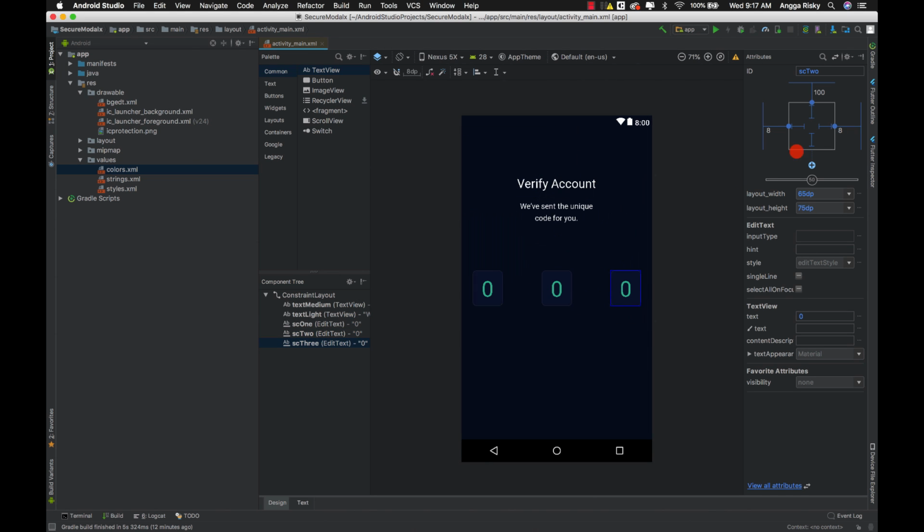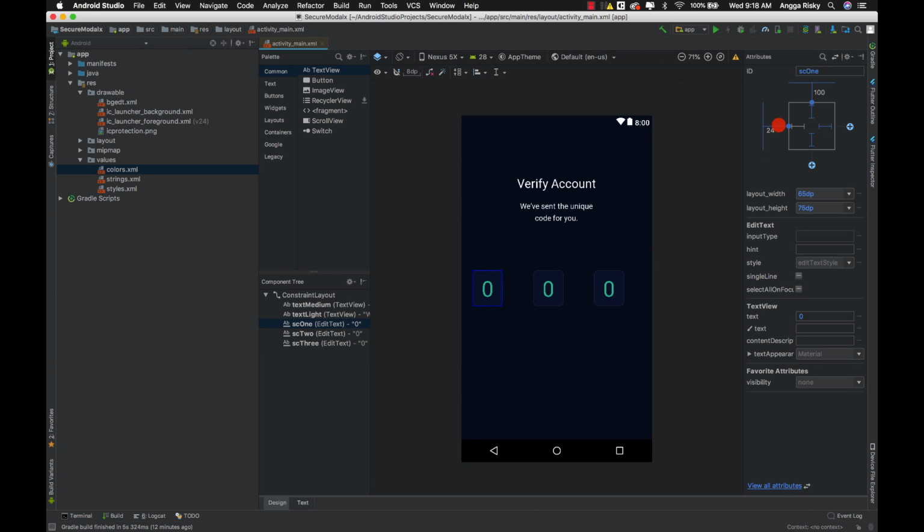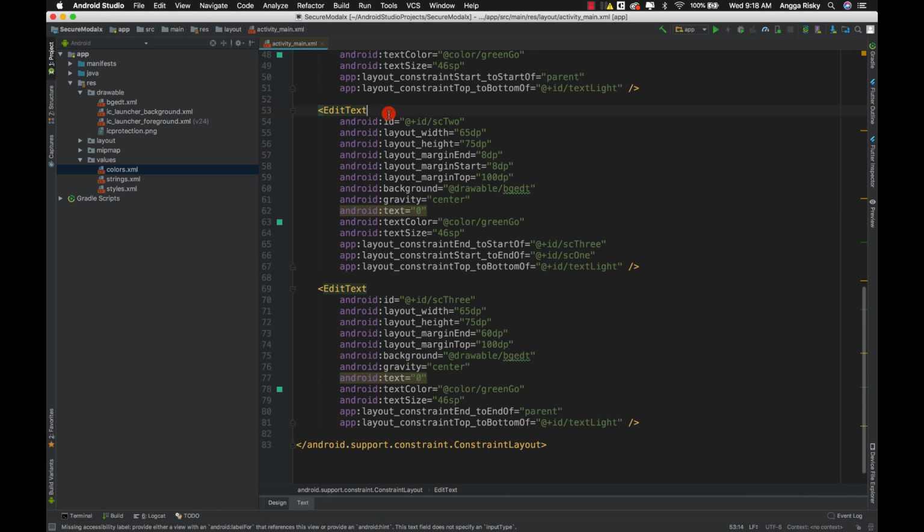Yeah, and we have to increase this one about 50. No, maybe about 60, and this one about 60. Okay, it's cool. Now if we come back here, yeah, all right.